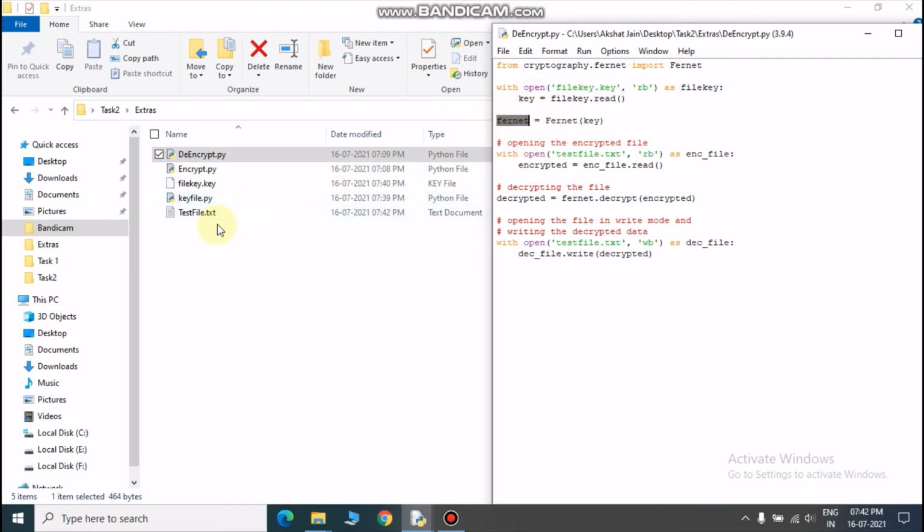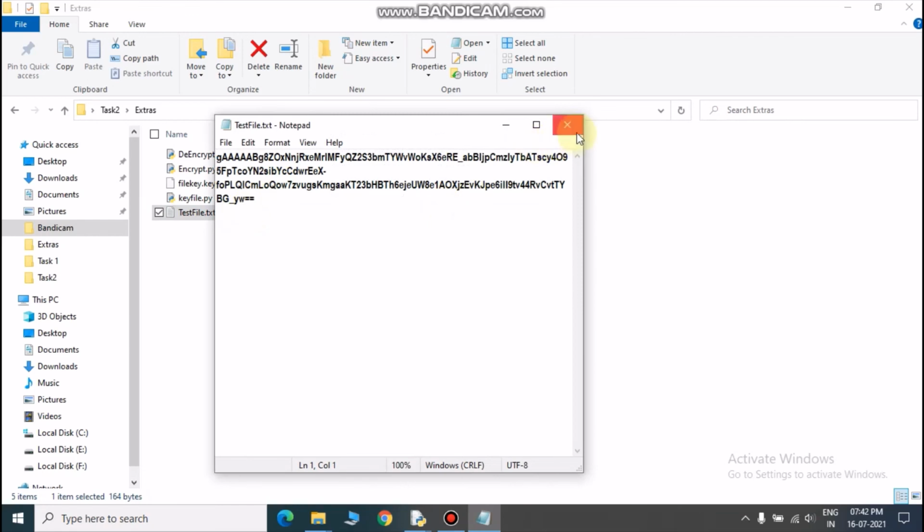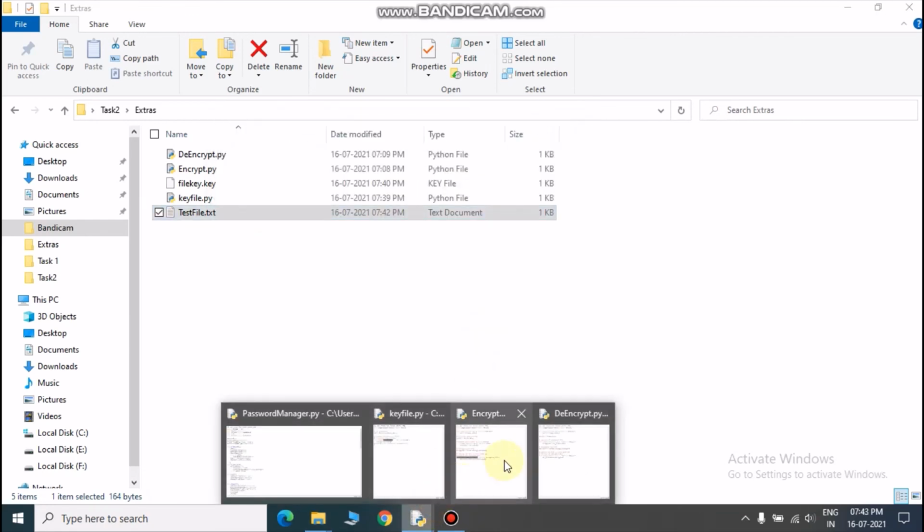After that I will open the test file which I have encrypted using this key. Here I am opening that and will read all the content and decrypt it using the key. After decrypting, I will write the decrypted data back again in that file. Till now our data is encrypted, so let's decrypt it.